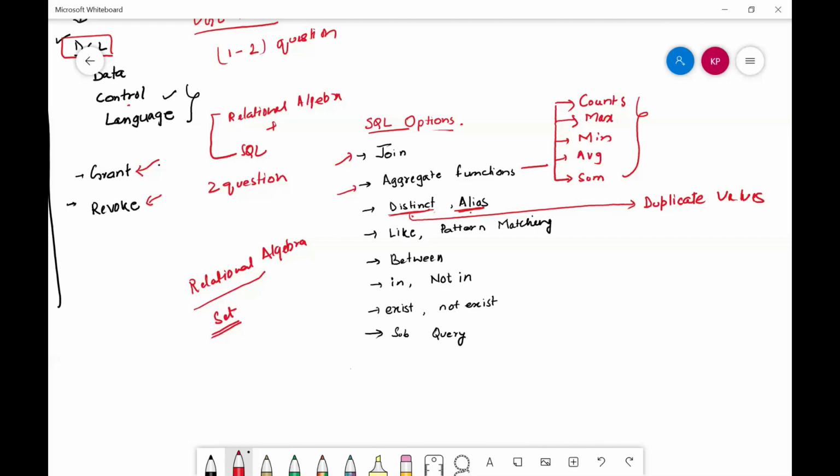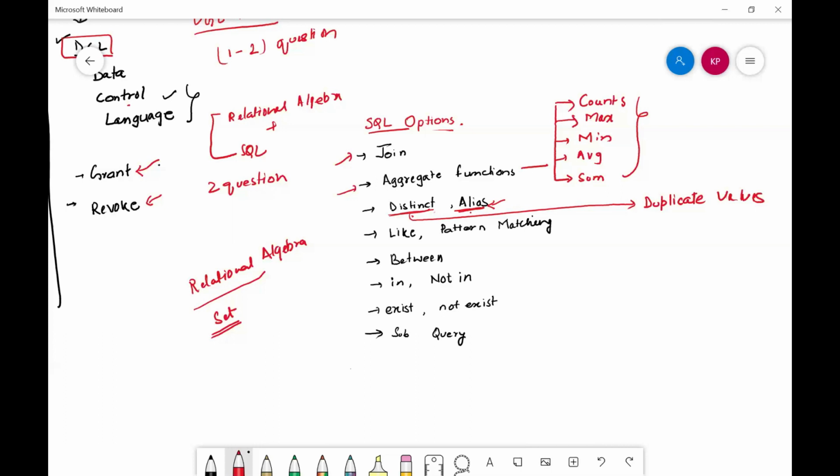We can use aliasing for this, and also for joins, because when we are joining two tables, the table name might be very big, so we can rename it to a small name and then use it.